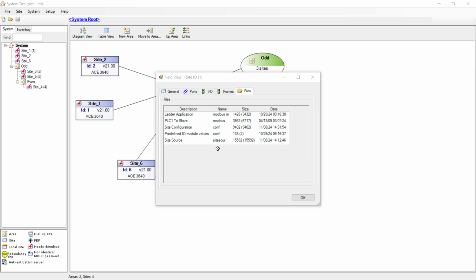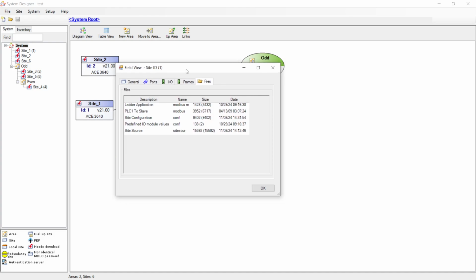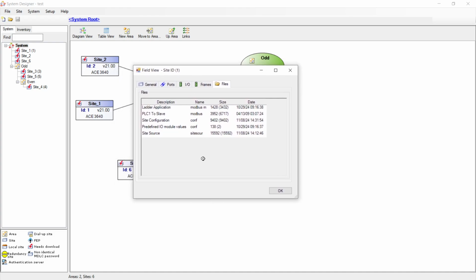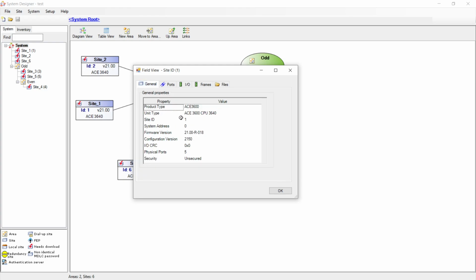So the field view displays the available files that are in the RTU. Again, just to go over it, field view allows us to connect to a remote RTU or a local RTU and view the site only, not actually upload it, just view it. So again, we begin with the general tab, in the product type, unit type, site ID, firmware,